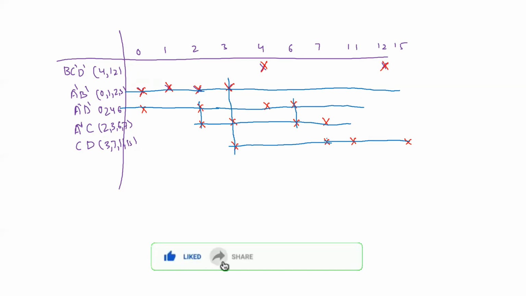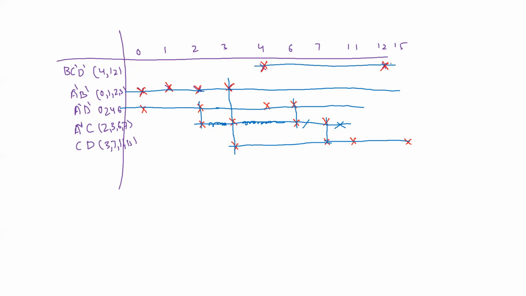So this is getting a connection from here, and this is getting a connection from here. So this can be eliminated. There is no need of this term. The reason for that is this is being covered either by A bar B and CD. So both of them are actually covering this. And this is not being covered by any of them, so this needs to be there.